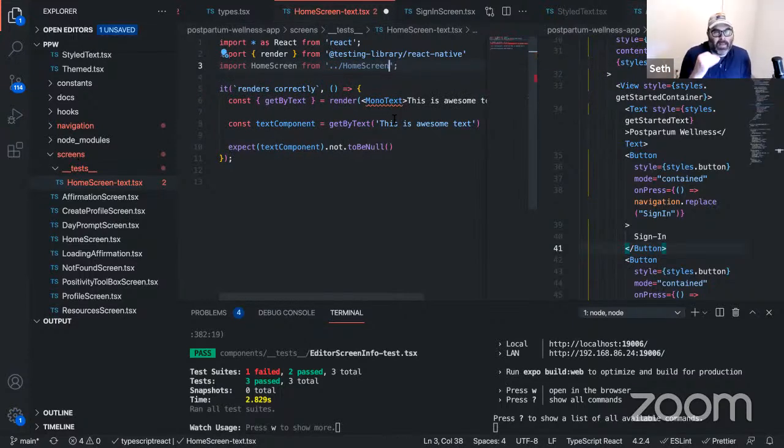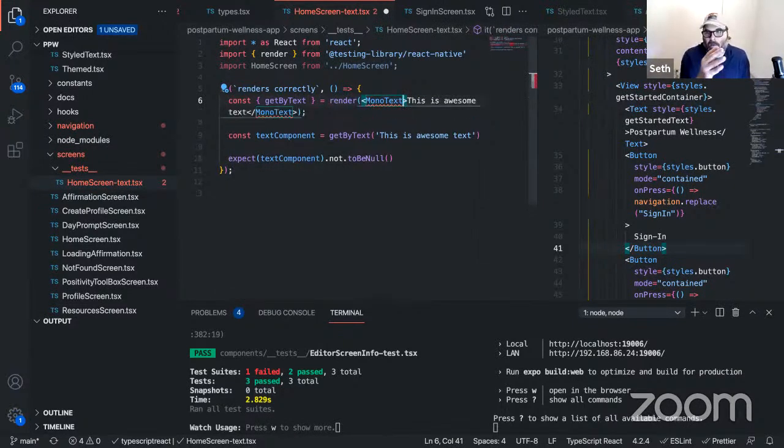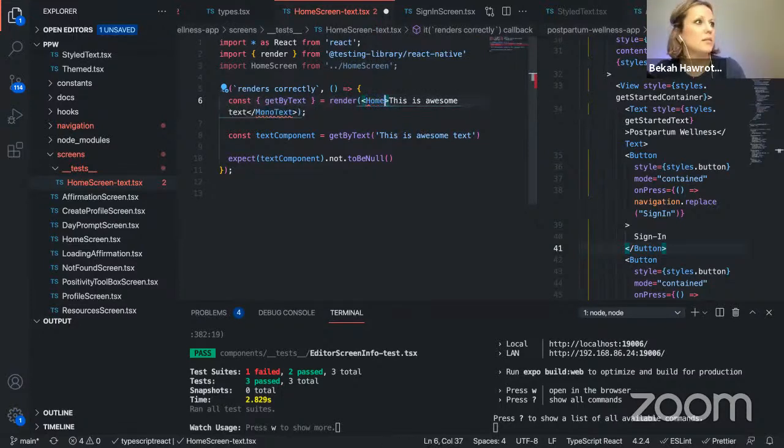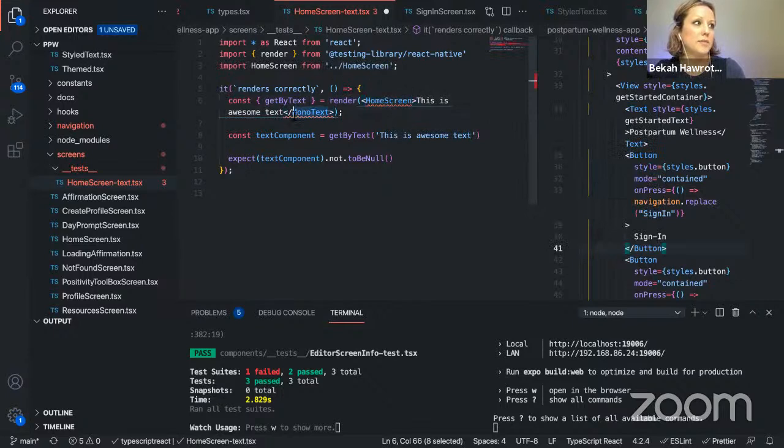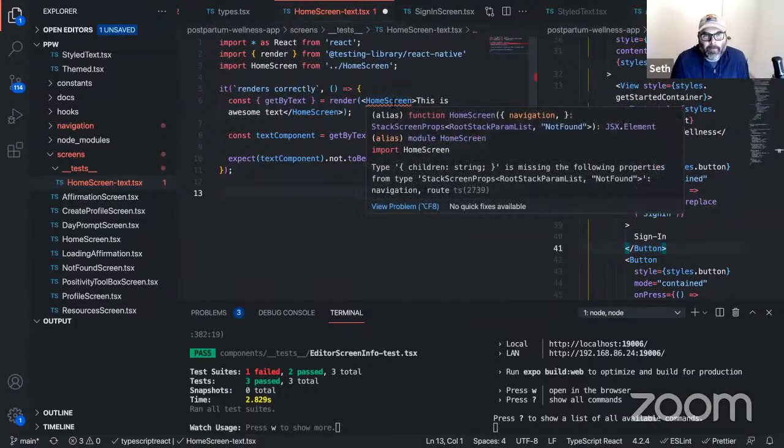I like putting the test in the same folder as the components. I've seen people do a root test folder, but I like it being right there beside the component. It makes it easier. It depends on how you're setting it up, but we'll go with this because it's easier to look through, especially for people who are interested in contributing.